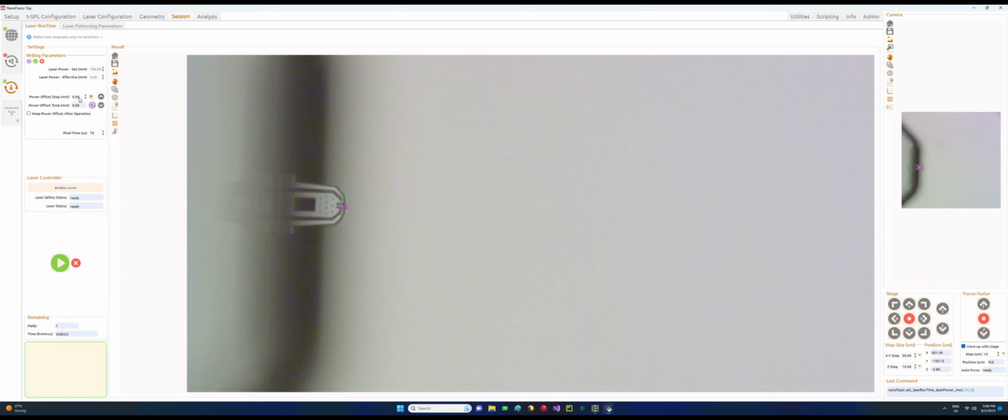We can decide the offset step for the laser and also change the pixel time, which is usually set at 70 microseconds, but you can also play around with it. So it's usually quite straightforward, so we can see pressing play.